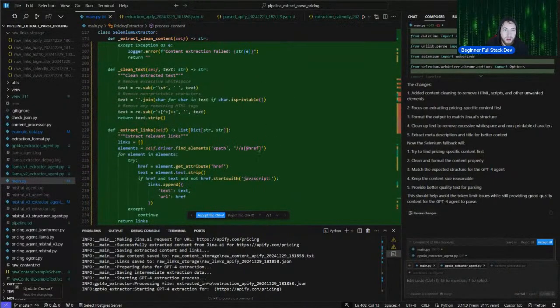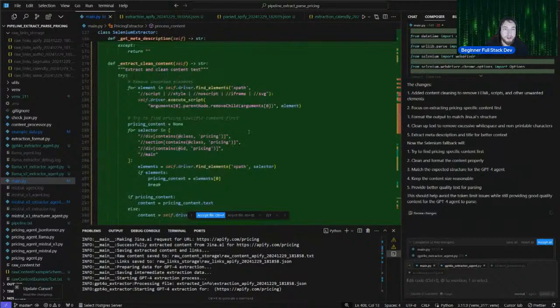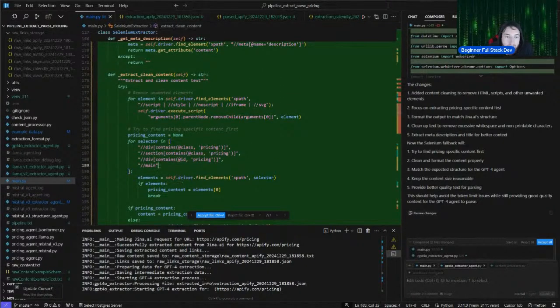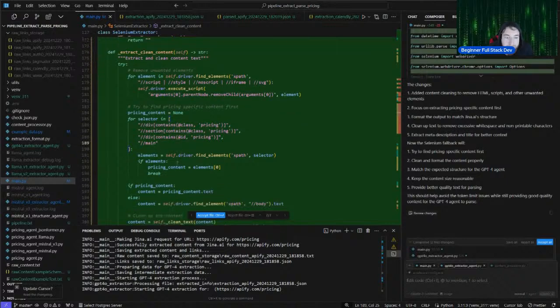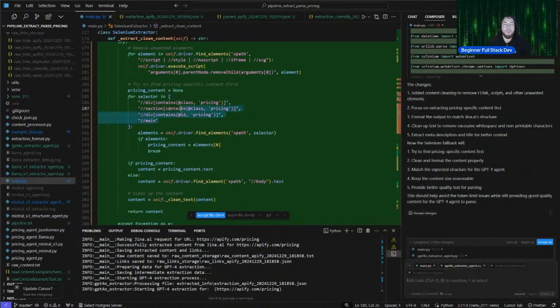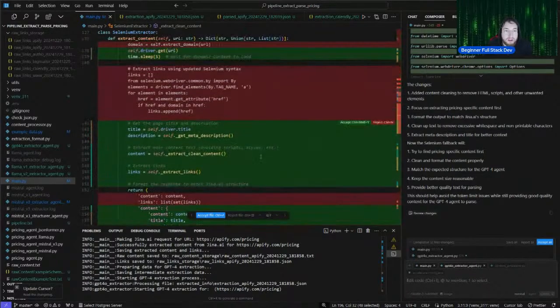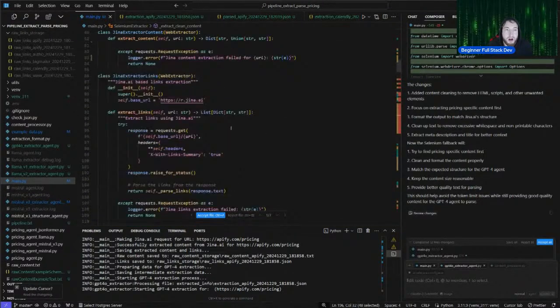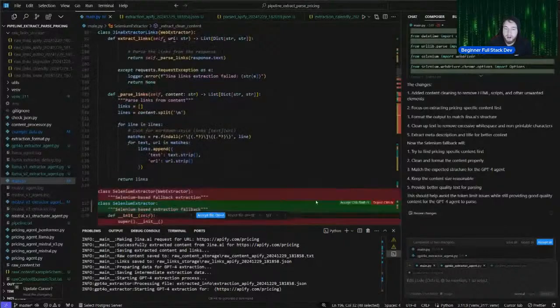Clean text. Okay, yeah. We definitely want to clean the text, so we get as little as possible. Okay, yeah, seems about right. So it's looking for the selectors that it might think have pricing on them. If it doesn't find it, it's going to go back to that inner HTML, that text path and that body text. So that's correct. That's fine. Very good code. Get meta description. Clean context. All right, you know what? Go ahead and